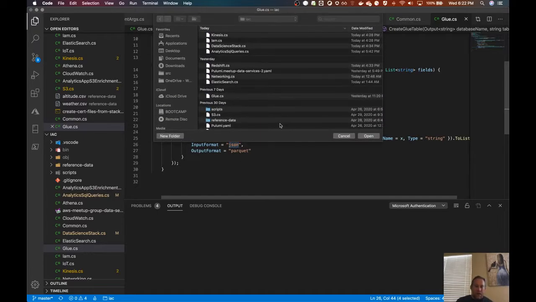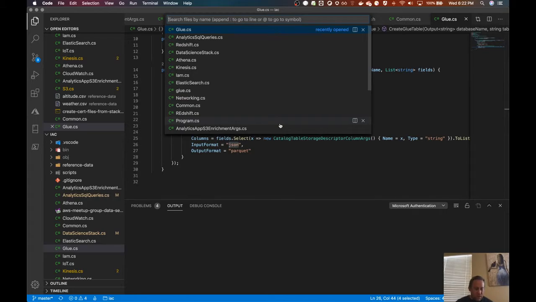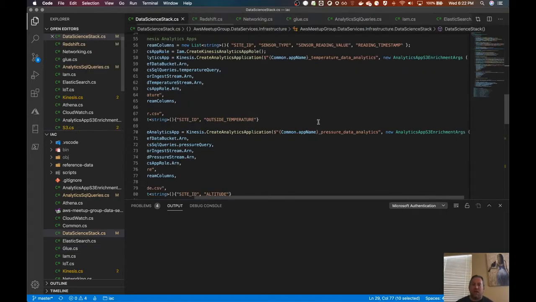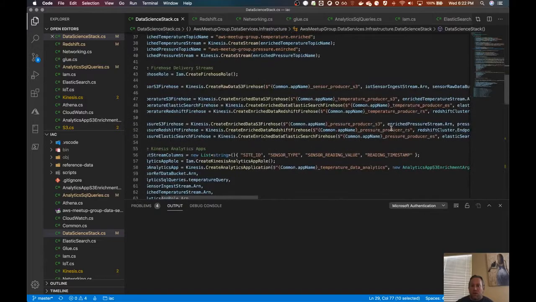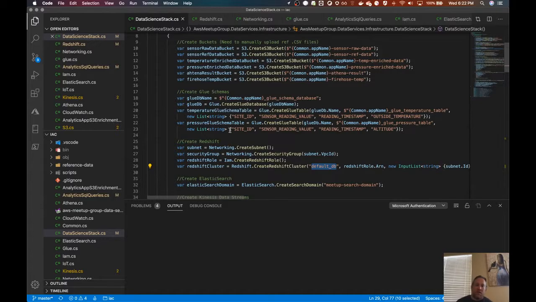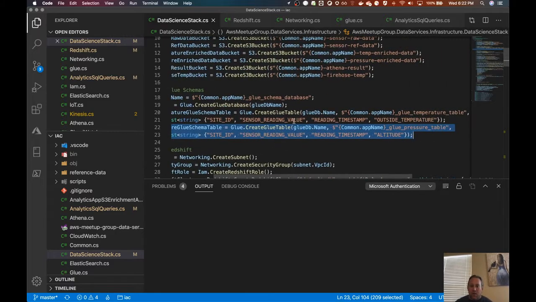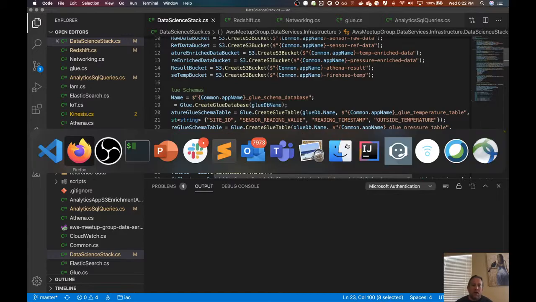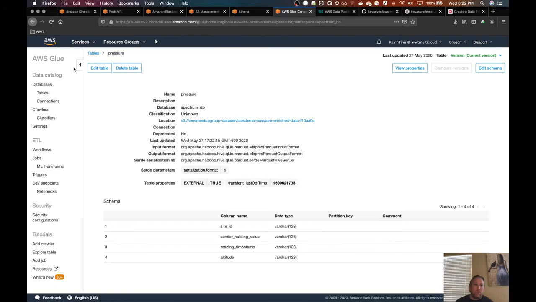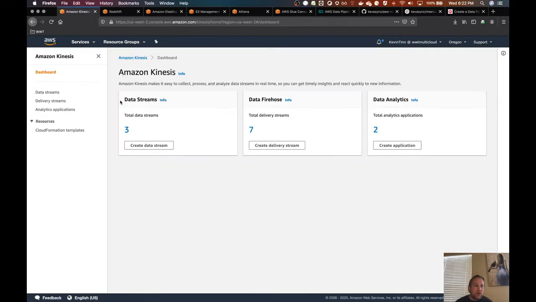If we get back into the place where we call this method from, important to note that we are also specifying, and here, I'll zoom in, is where we are actually calling this create glue table. We're passing in the individual fields that we're going to be using from each one. So let's jump back into the Kinesis Stream Analytics Applications